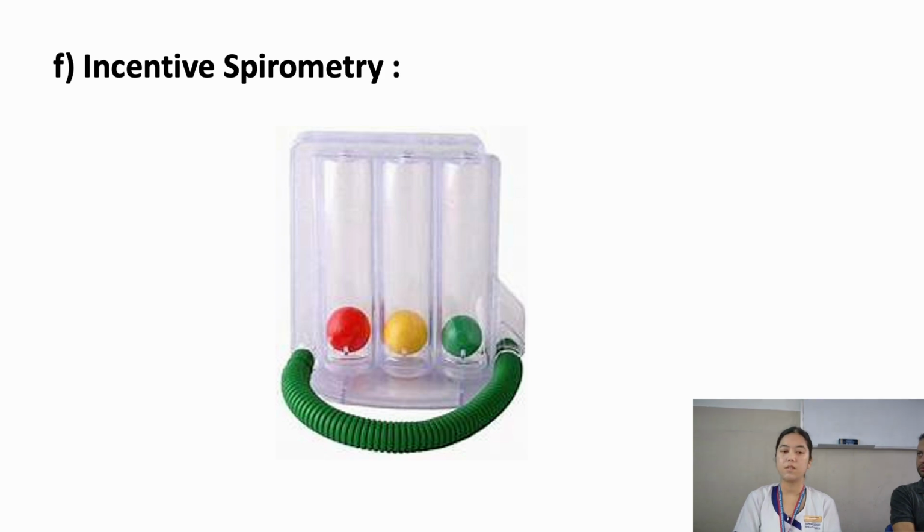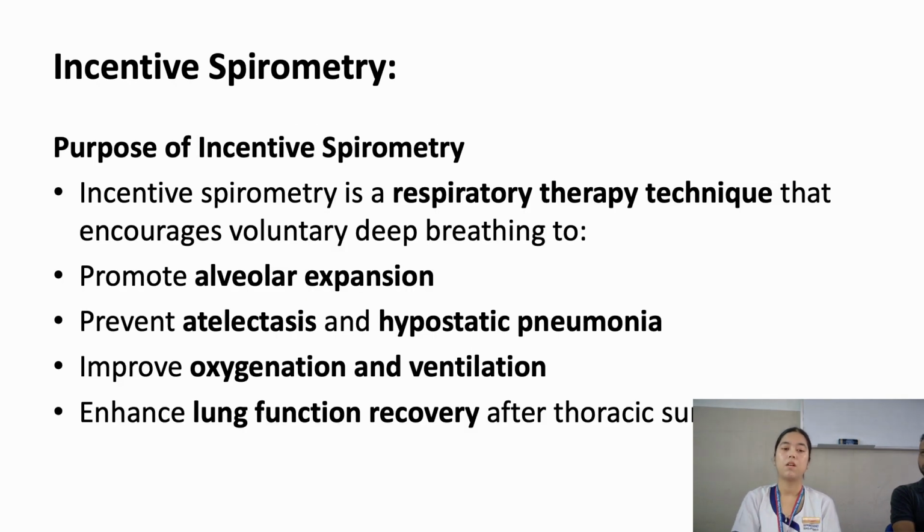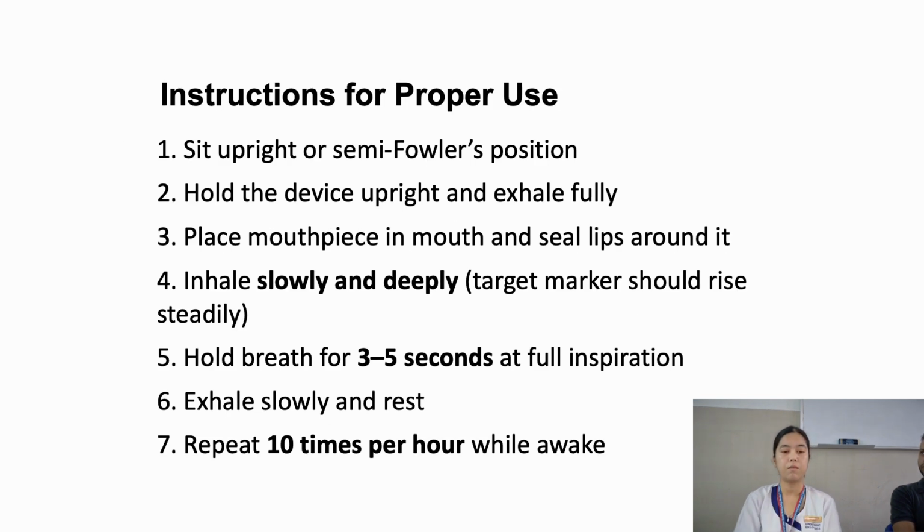The last one is incentive spirometry. It is a respiratory therapy technique that promotes alveolar expansion and prevents atelectasis and hypostatic pneumonia. It improves oxygenation and ventilation and enhances lung function recovery after thoracic surgery. Instructions for proper use: instruct the patient to sit upright or in semi-forward position, hold the device upright and exhale fully, place the mouthpiece in the mouth and seal the lips around it while inhaling slowly and deeply. Hold the breath for 3 to 5 seconds at full inspiration, exhale slowly and rest,